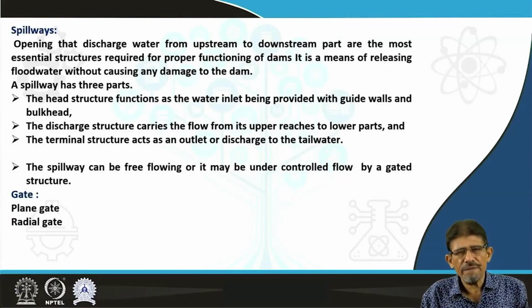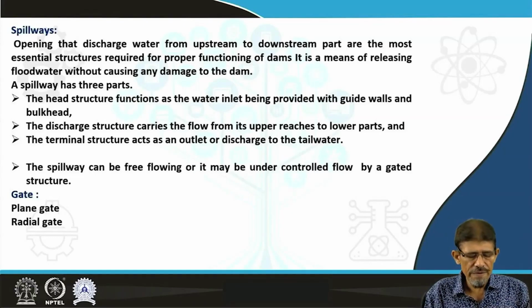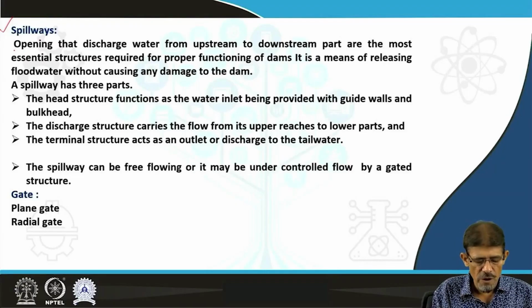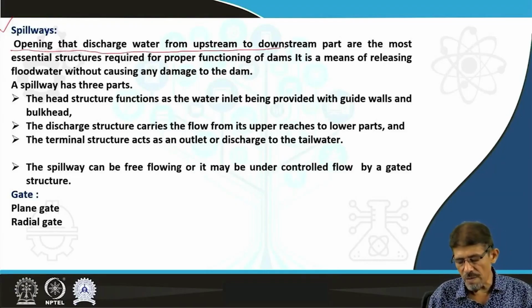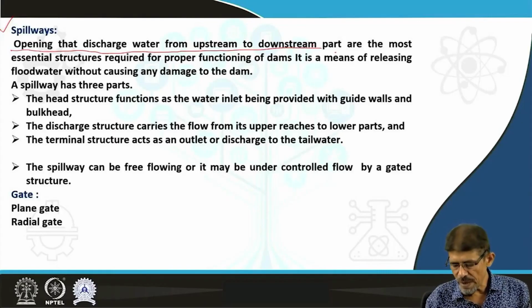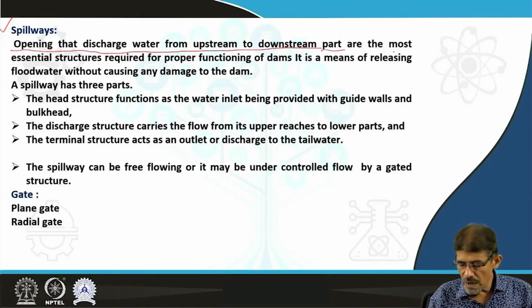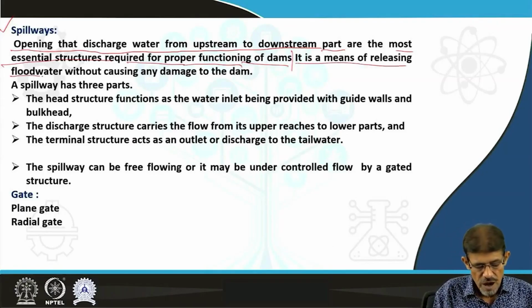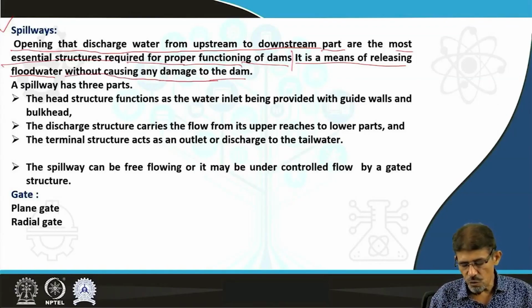In a dam we have various components. We have already discussed different elements of the dam, in which one of the special structures is a spillway. Spillway we have already discussed, an opening that discharges water from upstream to downstream. And this is the most essential structure required for proper functioning of the dam, and it ensures the proper functioning of the dam, and it means the release of flood water or excess water without causing any damage to the dam is